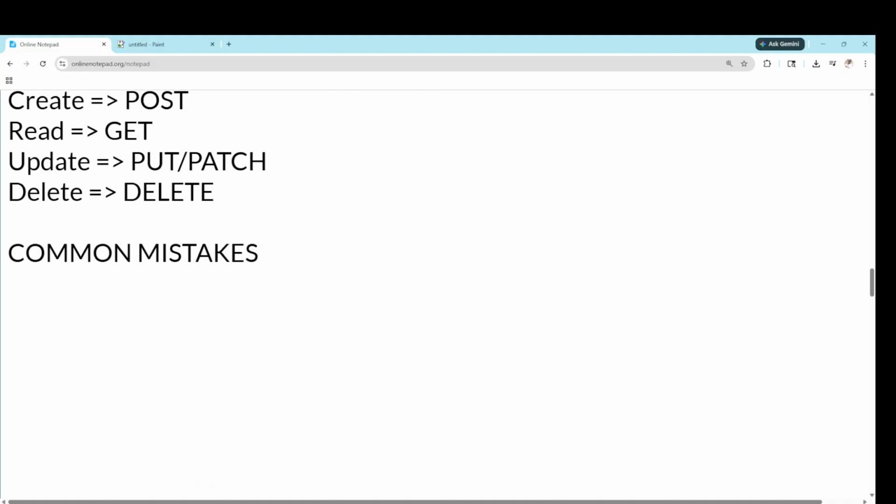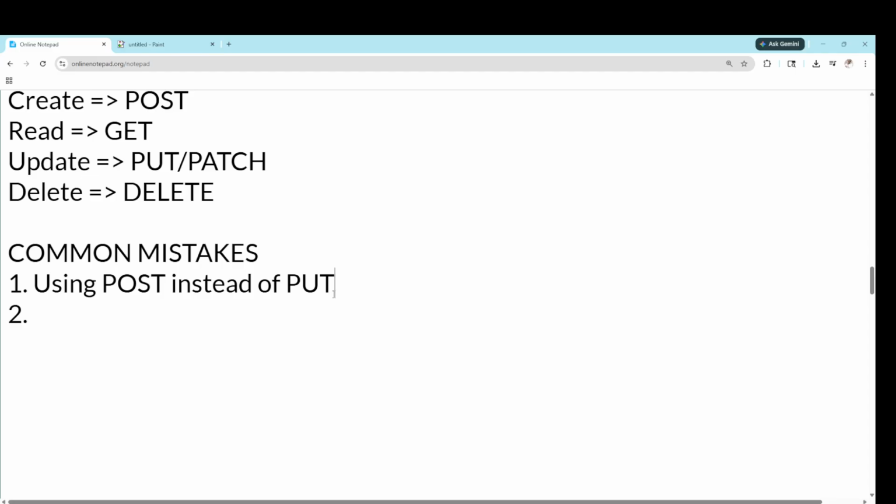The first and very common mistake is that sometimes people use POST instead of PUT or PATCH for updating records. That's a very big mistake actually. The things will work, but this is not suggested.